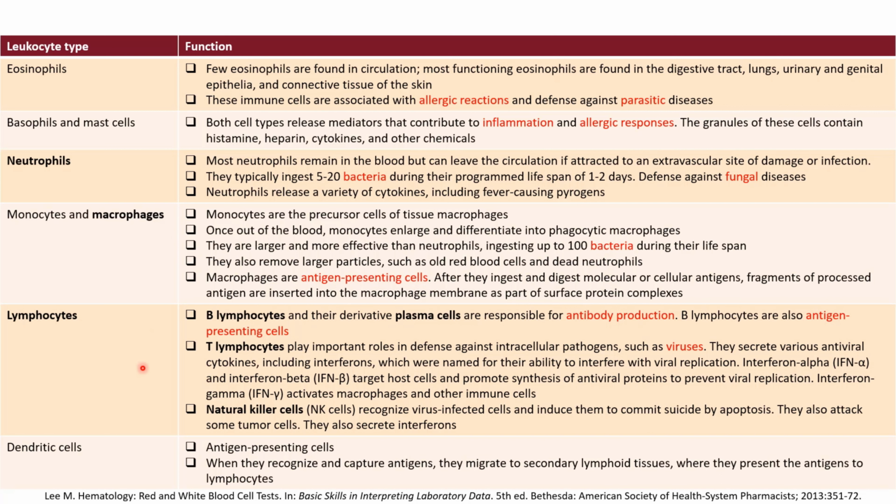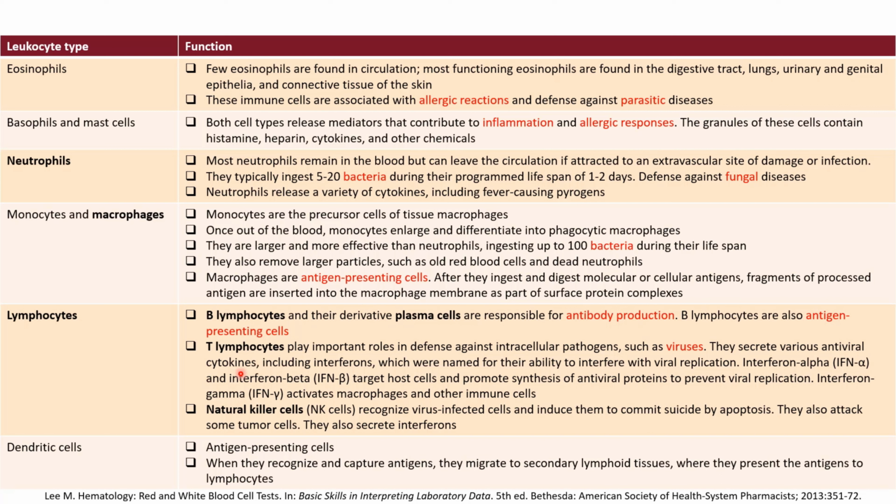And of course, the three types of lymphocytes. B lymphocytes are the ones that result in plasma cells that make antibodies. B lymphocytes themselves are also antigen presenting cells, so they can work with T cells. T cells, there are different types. There are CD4, CD8 that are most commonly